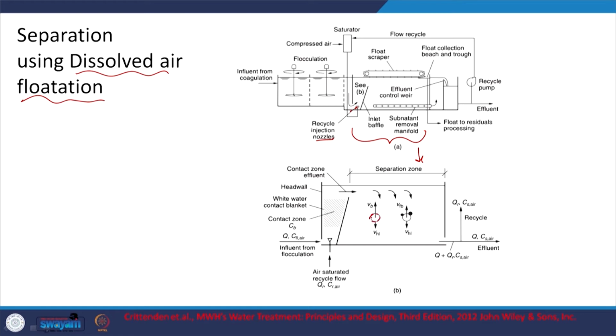So this is my air particle, dissolved air. As it goes up, relatively less dense particles will be taken up along with it, and it's going to move up here. So it's not really settling here, and then the float will be scraped, right? Obviously in this case, if there is any wind, you are going to have issues with scraping, right? So that's why typically it's going to work in a covered kind of setup. Earlier we used to remove the water at this particular level, supernatant, but here we will remove it as subnatant. Again, here this area will be less, but it depends upon the kind of system you are using.